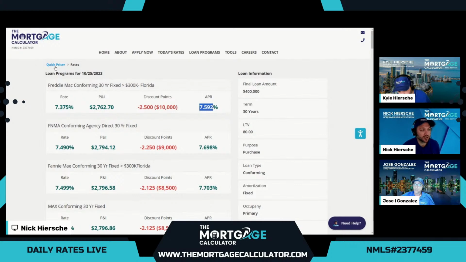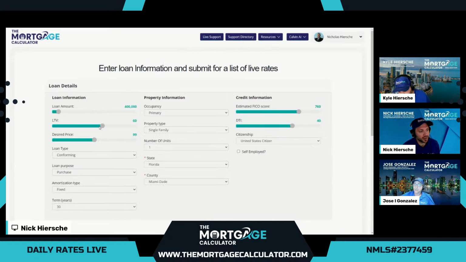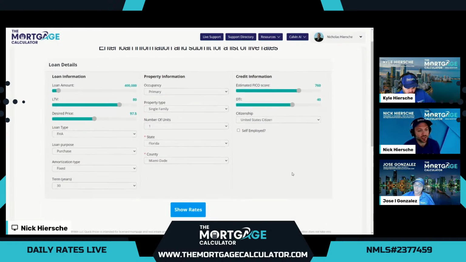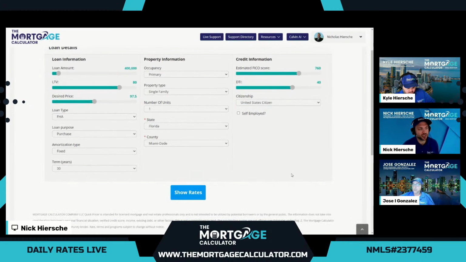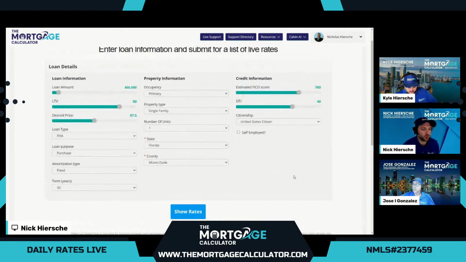Now, if our customer doesn't qualify for any reason for a conventional program, typically the next option we want to look at, pull up the same exact scenario, will be an FHA program. FHA does allow more leniency in credit issues, as well as a much higher debt-to-income ratio, but we'll keep everything else exactly the same. That way we can compare apples to apples across the APR here.